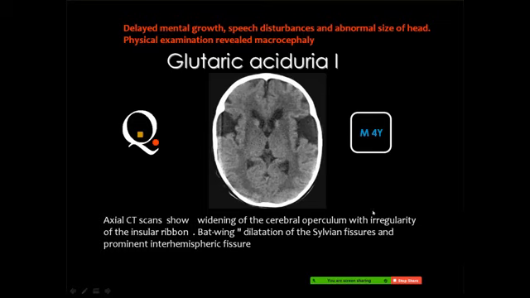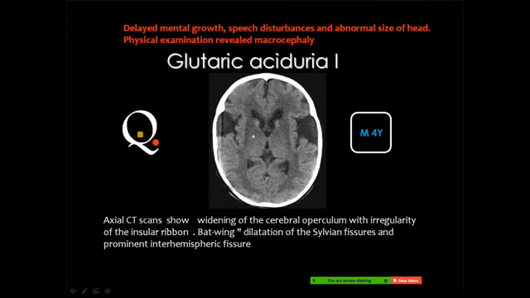And I hope that you have gone through the third part of white matter diseases. It was not included in the previous diplomas, but I prepared this final part of white matter diseases and I put it in the curriculum. Then glutaric aciduria means that it's very characteristic that there is